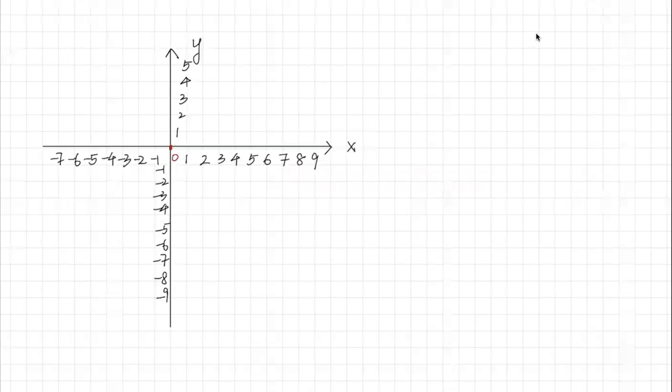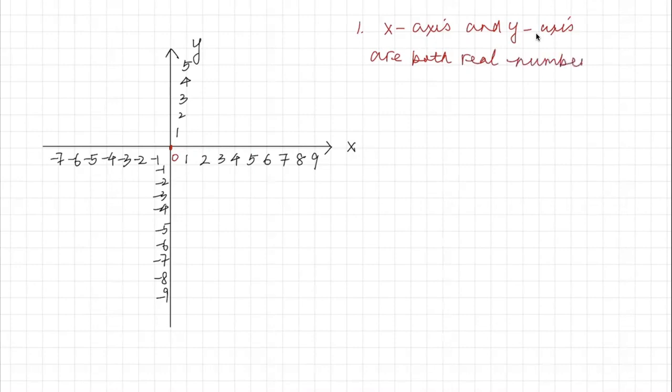So let me write here: x-axis and y-axis are both real number lines. By real number lines, we mean all the real numbers can be found on these two